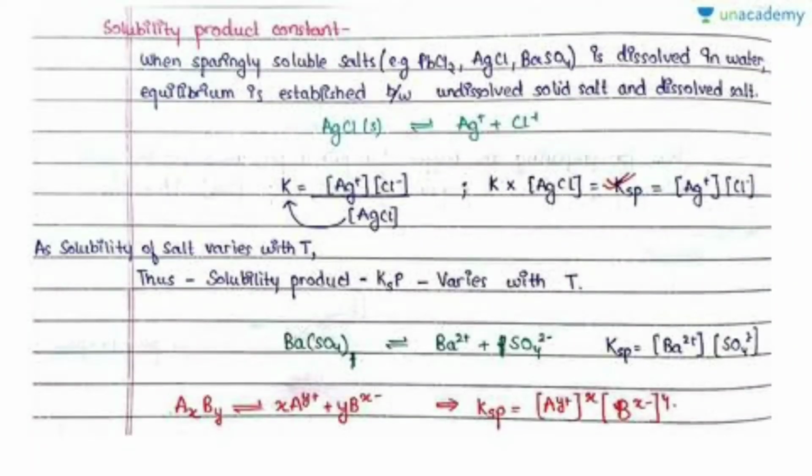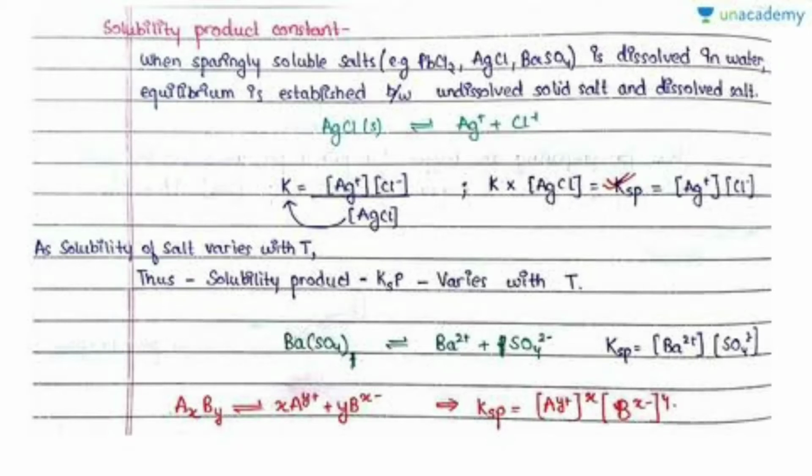Suppose we take some powdered sparingly soluble salt such as AgCl, put into water and stirred vigorously. A very small amount of AgCl dissolves in water to form its saturated solution. Most of the salt remains undissolved. Thus, solid AgCl is in contact with its saturated solution. AgCl is a strong electrolyte, hence the quantity of AgCl that dissolves in water dissociates completely into its constituent ions, that is Ag+ and Cl-.